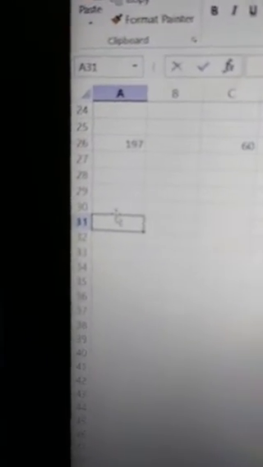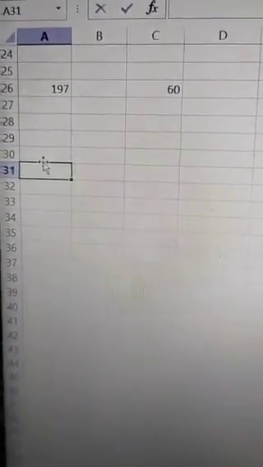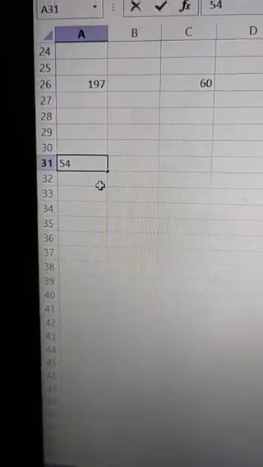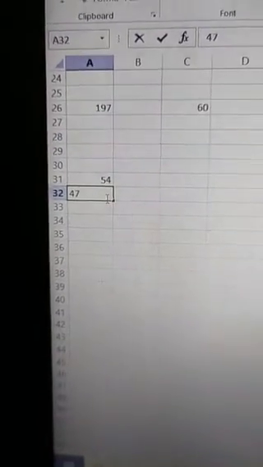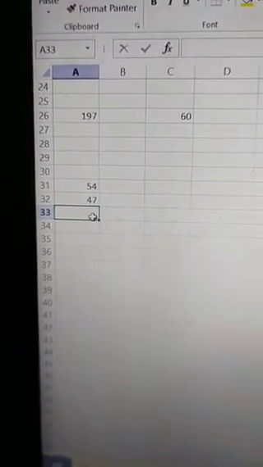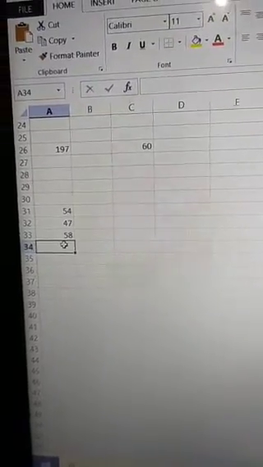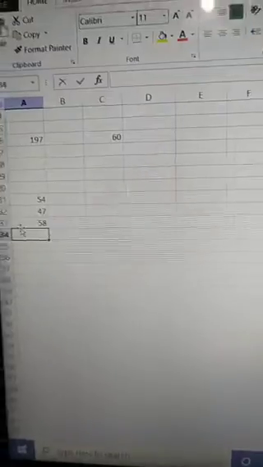The same way, I have typed numbers in A31, which is the cell reference: 54 in A31, then 47, after that 58. Now I want the total value of these numbers in the cell A34, so I have to write the formula here to get the value.